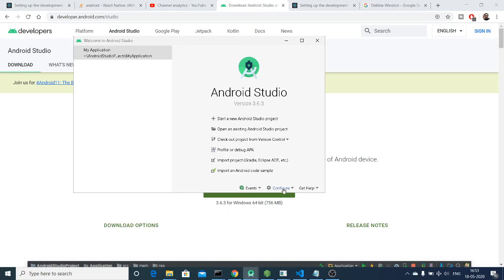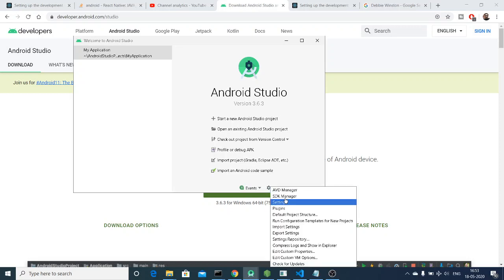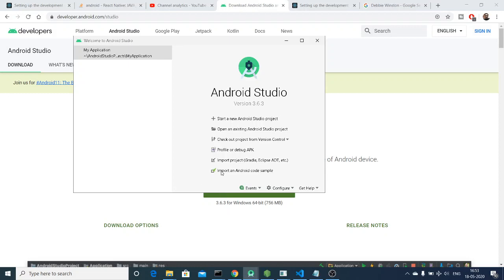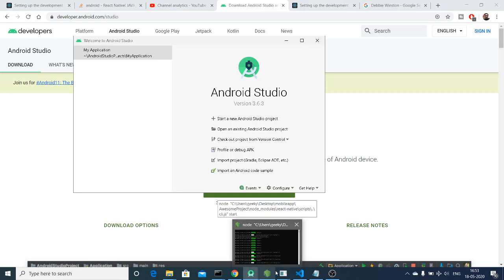Just wait, you can see that SDK Manager is coming. Just click on this option. After clicking it, you will be redirected to a new screen where you will be able to see your SDK path. Just wait, it is opening the screen. This software is heavy, so it takes some time.